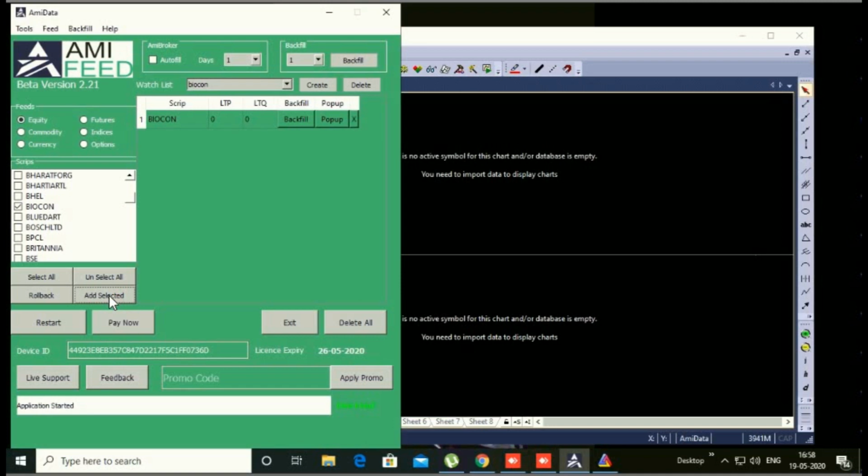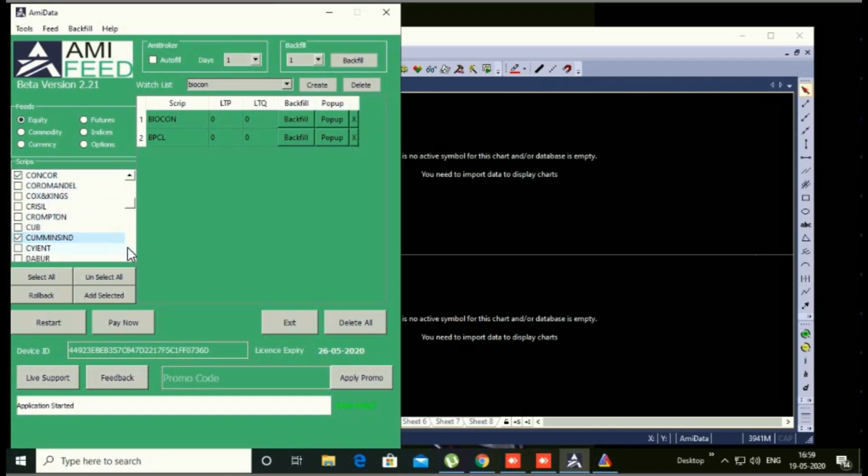Recently you can see you added Biocon here. Same, if you want BPCL, when I add it here, first we want to create one. After that, click on add selected here. If you want bulk data, then you can click on Britannia, then Bharti Airtel, Bharat. I will just tick all of these. I will come downwards, then select Castrol India, Canara Bank. Then again I will come down to Cummins India.